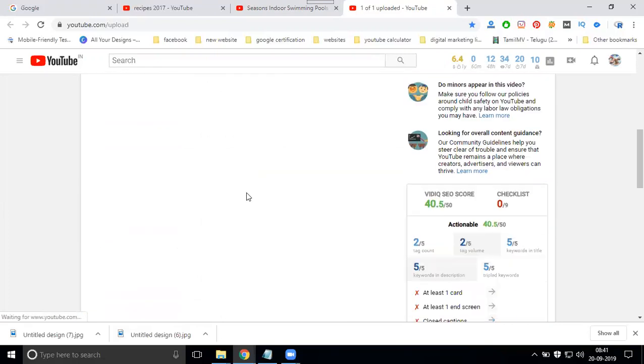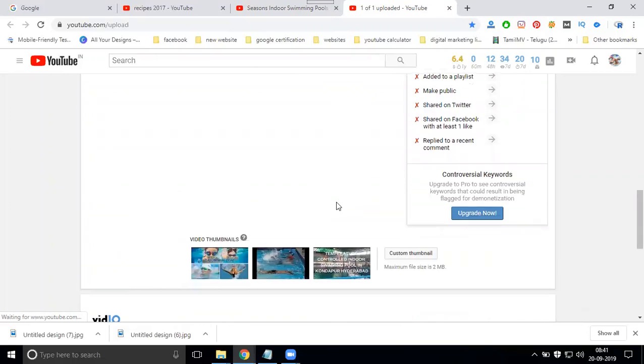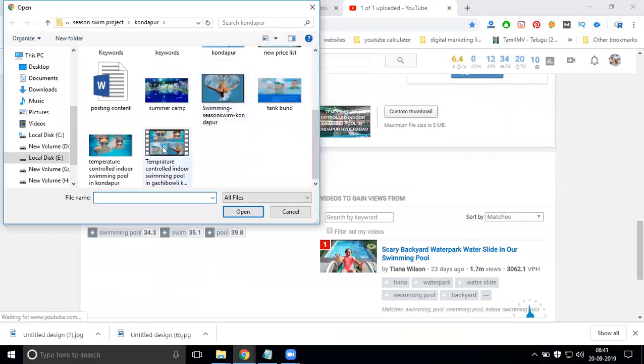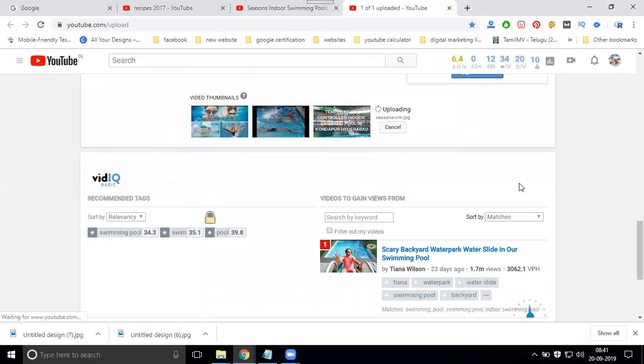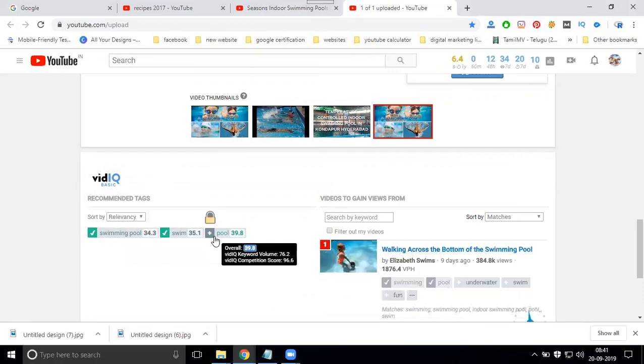What is the score out of 50? 40.5. So these are the finished major points. What options are there? And they give the suggested keywords using the VidIQ toolbar.